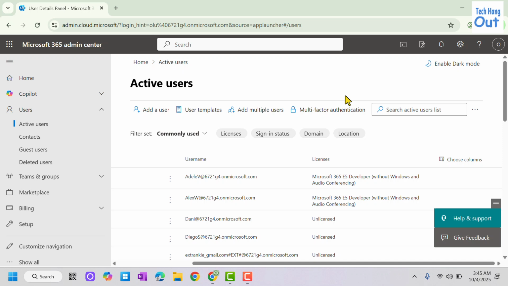Maybe the person has left the organization and they have some important files and documents in their OneDrive that you want to share with another colleague, or maybe they have something that you want another member or someone in the organization to access, or there is some investigation going on that you would like to dive into for the